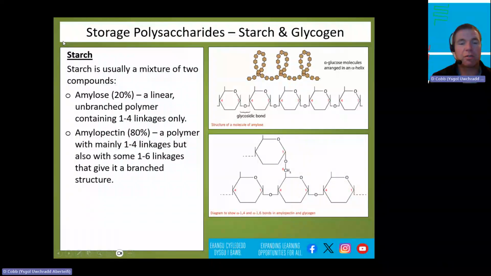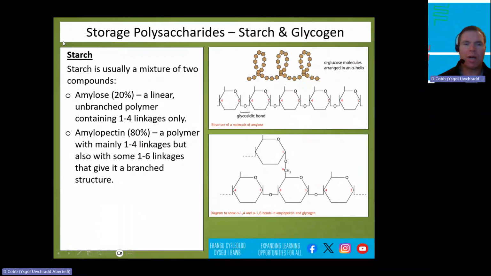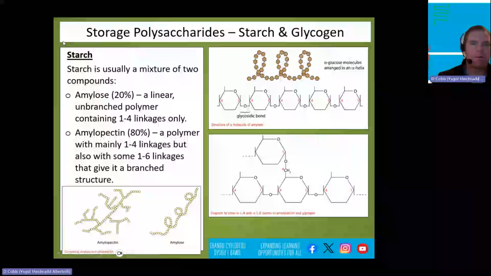Amylopectin forms the greater proportion of starch, 80%. It's just like amylose. It has loads of alpha glucose molecules joined together over and over with 1,4 linkages, but every now and again we also get a 1,6 linkage, and that means you have branches coming off